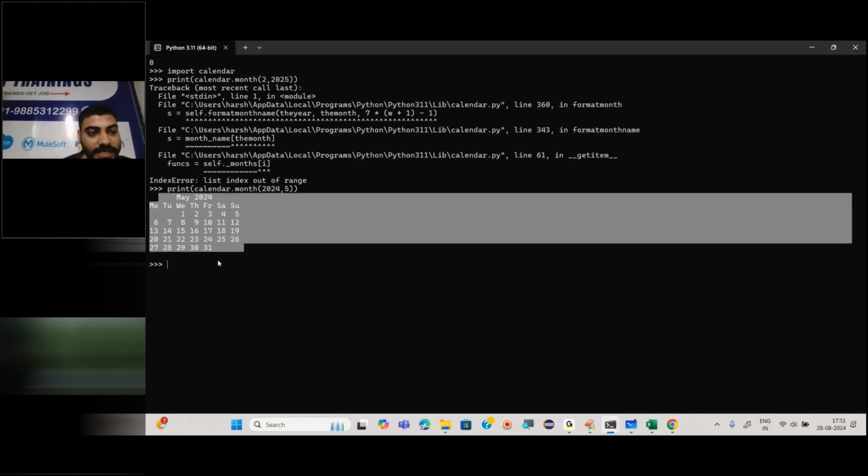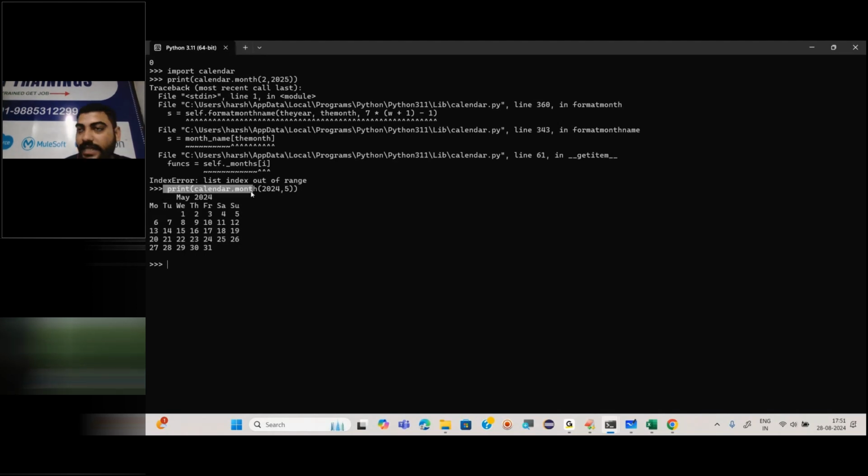Right now, in this particular case, check this line only. Here this calendar is one of the classes we have. Month is one of the functions we have. And whatever we are passing inside this function, we call it variables, or we can say values as well, which are stored as formal parameters. I'll tell you what these are.